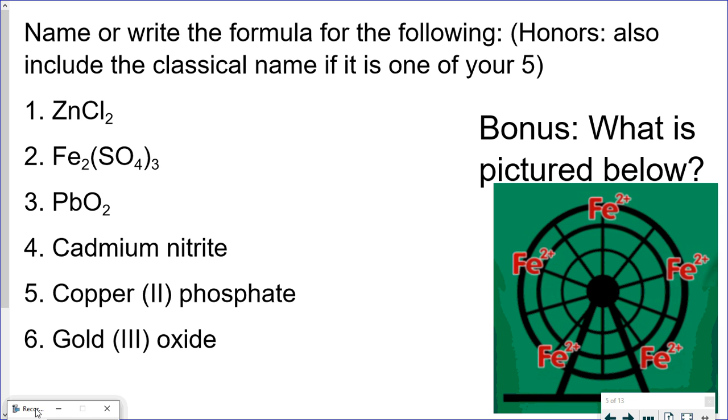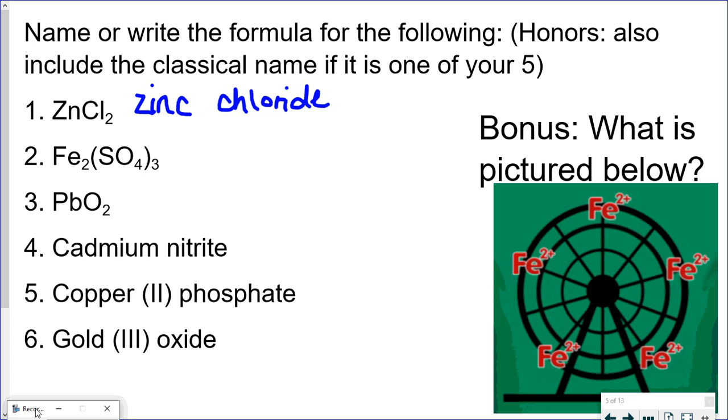Remember, Zn is zinc. Zinc was one of those exceptions that only had one possible charge, so we do not need to use Roman numerals with that. And Cl is chlorine, but in a compound we changed the ending to IDE, so that's chloride. So ZnCl2 is zinc chloride. Look at the next one,